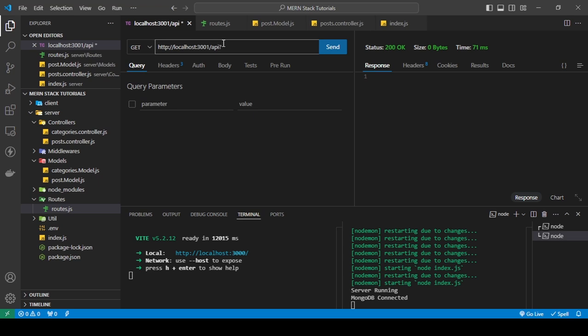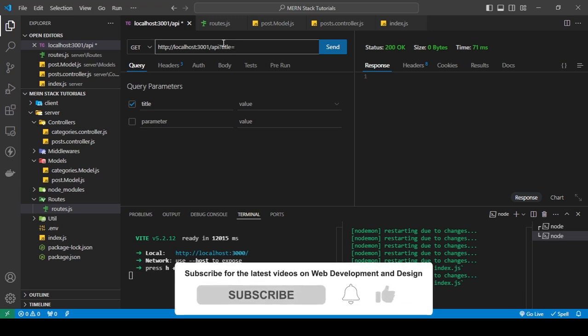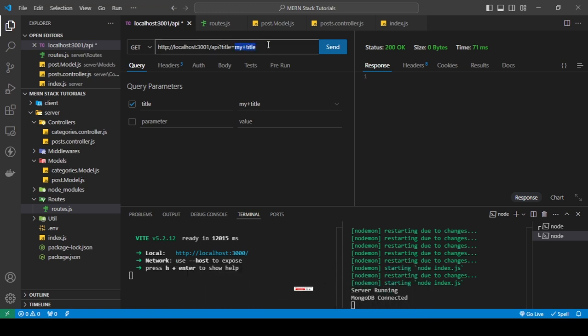You have that question mark, and then there's something there, like title, and then it's equal to some kind of information like my title, something like that, right? This is a query parameter. Now, if I wanted to get this information on my backend,